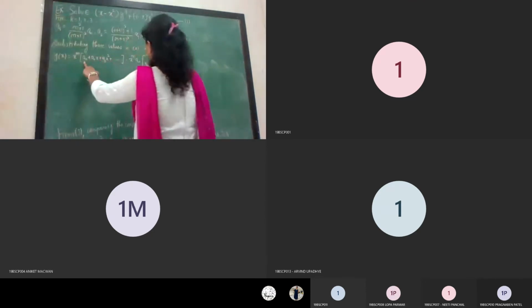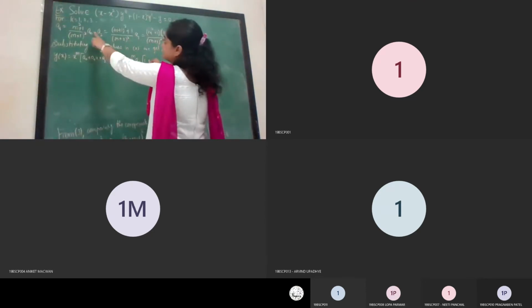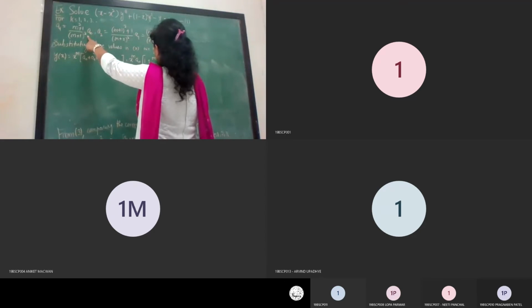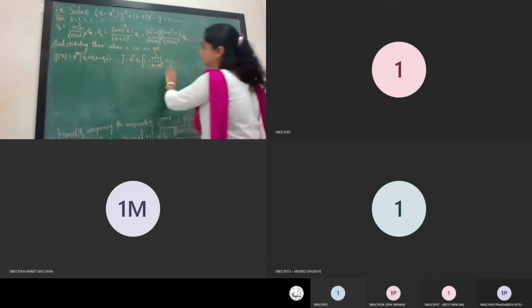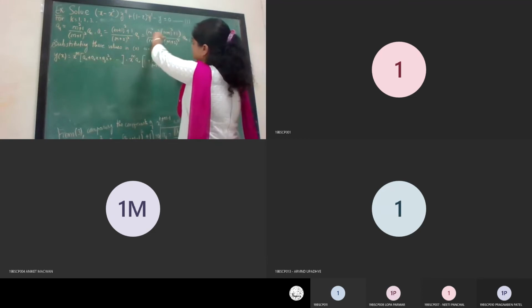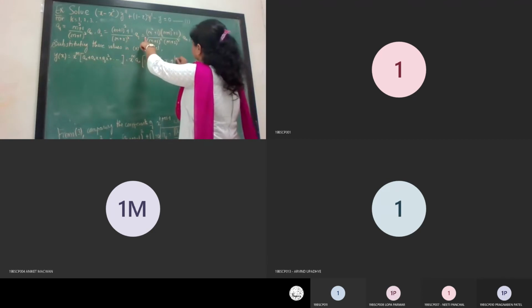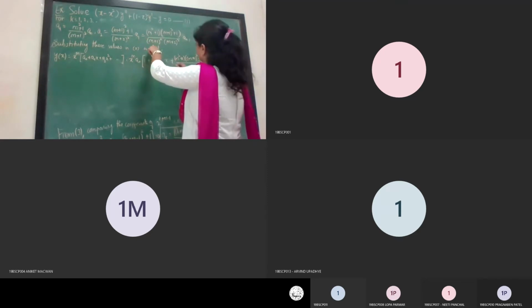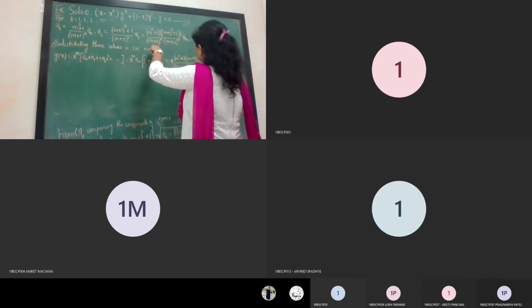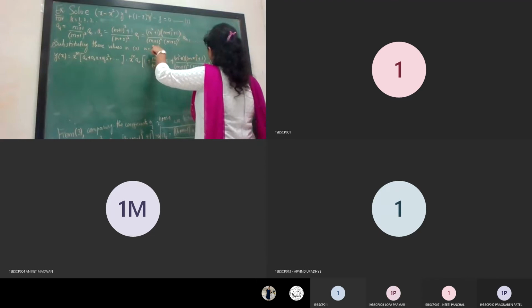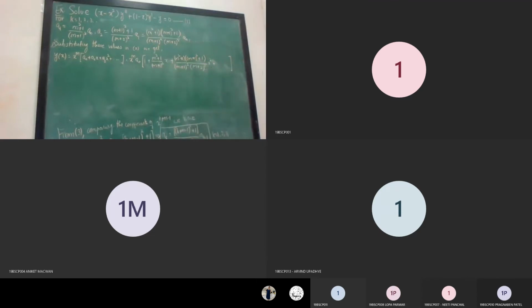So now this quantity will be 1 plus a1 makes this one, so m square plus 1 upon m plus 1 whole square, a0 I have already considered common, so into x plus a2x square. So a2 is this one, so that is m square plus 1 into m plus 1 whole square plus 1 upon m plus 1 whole square into m plus 2 whole square into x square plus so on. So this is the series we are having.